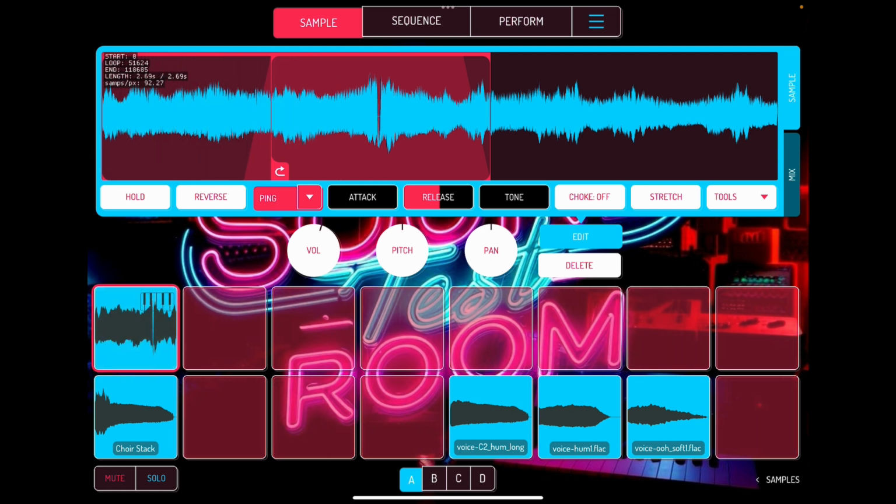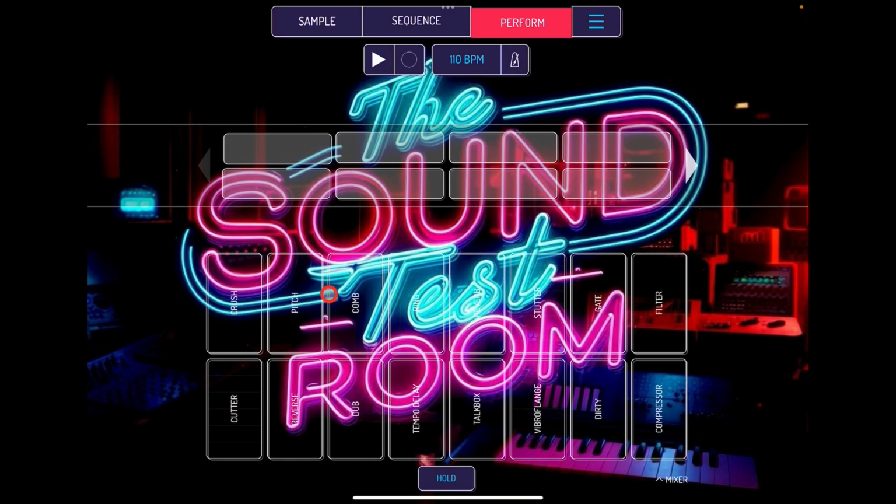Now, another cool thing we can do is, well, look, we can put mix bus effects on, right? But say we wanted to bake in some effects, some of Koala's effects. If we go to perform and we use our effects here, if I switch, hold on, and I start to play with these effects now, if I play my keyboard and put some dub delay on,